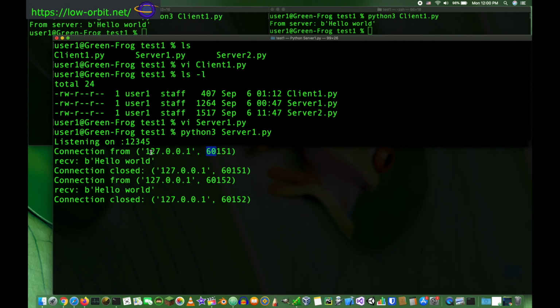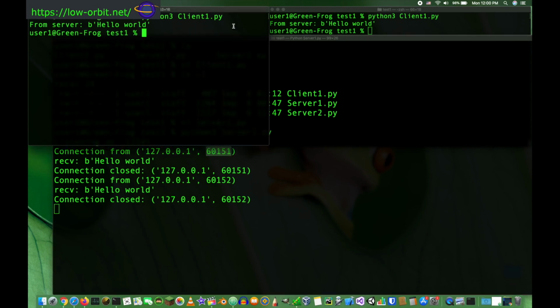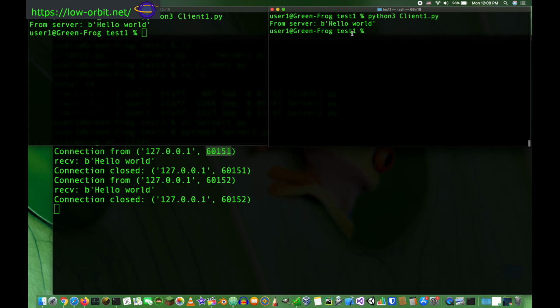So this is like the destination port, and this is the source port. But the thing to keep in mind here, I started this client, it immediately sends to the server and comes back, and then it just hangs there, keeping the connection open, but doing a sleep for 5 seconds. Meanwhile, I launch the second client, and it just hangs there and waits, and it can't really connect to the